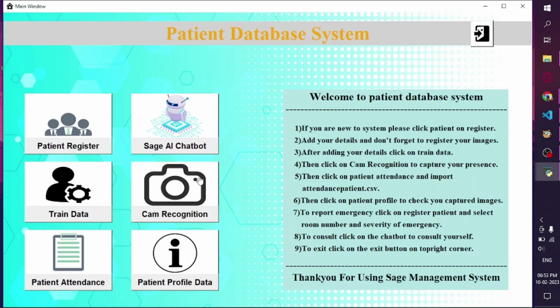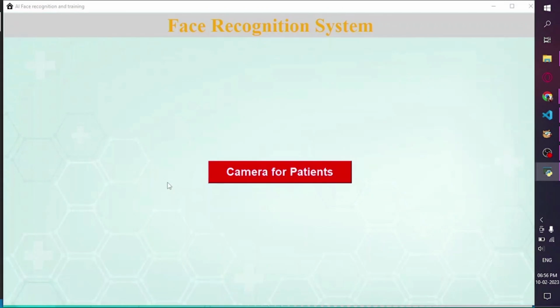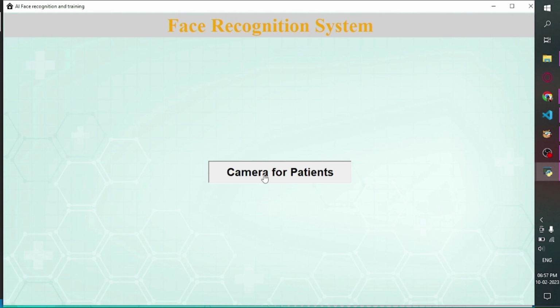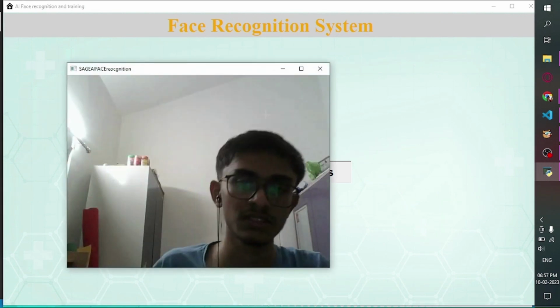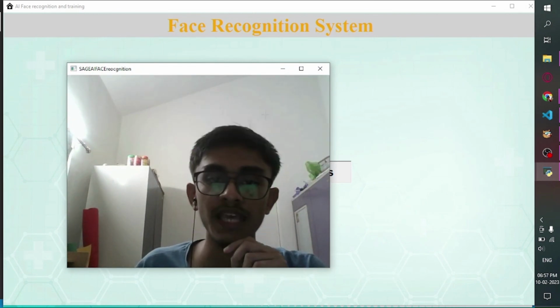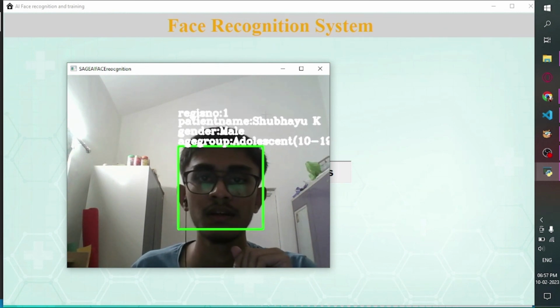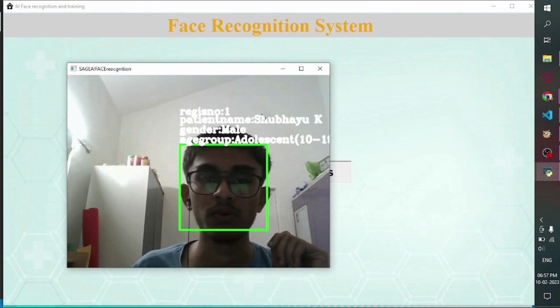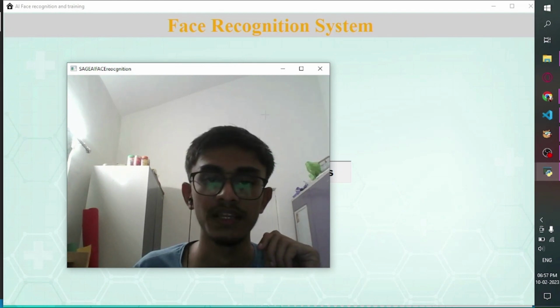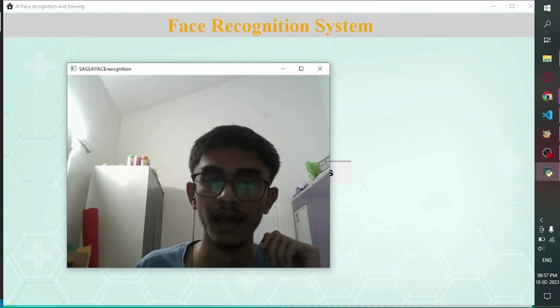So let us continue to our cam recognition area. So here is the cam recognition button. When we click on the cam recognition button, it leads us to a new tab where we can see a new button, which is camera for patients. When we click on camera for patients, it will redirect us to a tab which is connected to our laptop's camera, and with the help of Classifier as well as Haar Cascade, we can see that the tab has recognized the owner's image which has been added to the system, and this tab won't